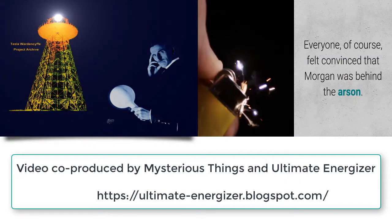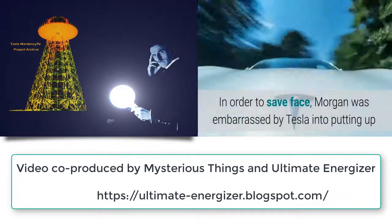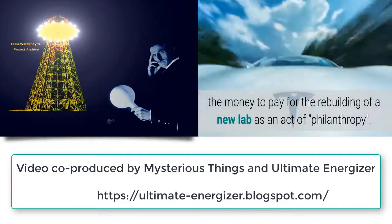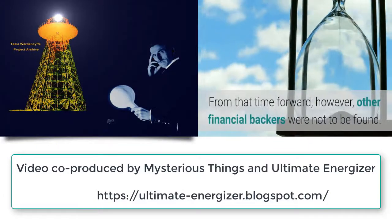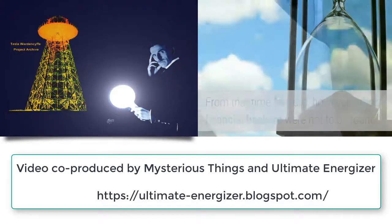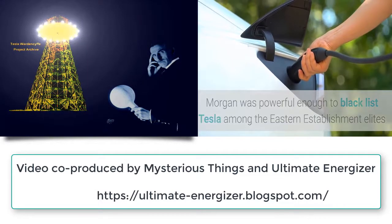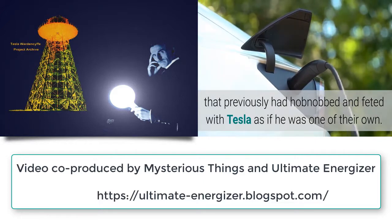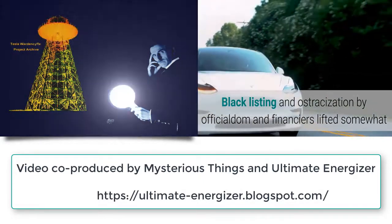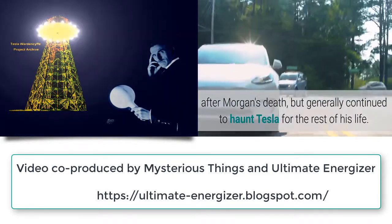Everyone, of course, felt convinced that Morgan was behind the arson. In order to save face, Morgan was embarrassed by Tesla into putting up the money to pay for the rebuilding of a new lab as an act of philanthropy. From that time forward, however, other financial backers were not to be found. Morgan was powerful enough to blacklist Tesla among the Eastern establishment elites that previously had hobnobbed and fawned over Tesla as if he was one of their own. Blacklisting and ostracization by officialdom and financiers lifted somewhat after Morgan's death, but generally continued to haunt Tesla for the